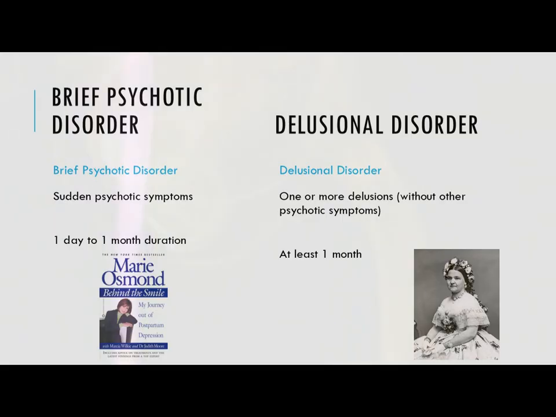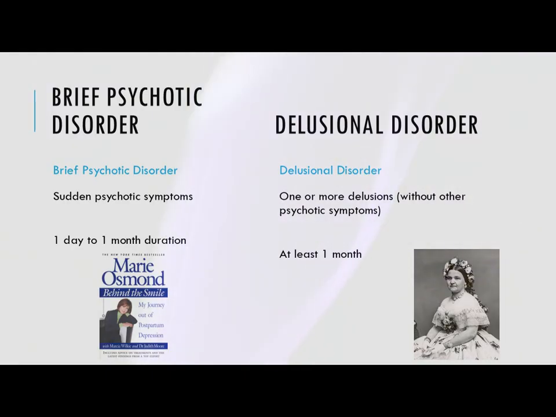And back, over 25 years ago now, in 1999, Marie Osmond experienced a well-documented episode of brief psychotic disorder following the birth of her son, Matthew. She had been open about her mental health struggles during that time, attributing the condition to postpartum hormonal changes and emotional stress and exhaustion.